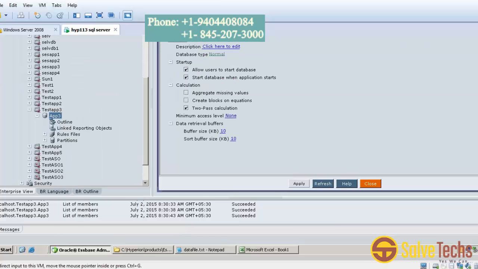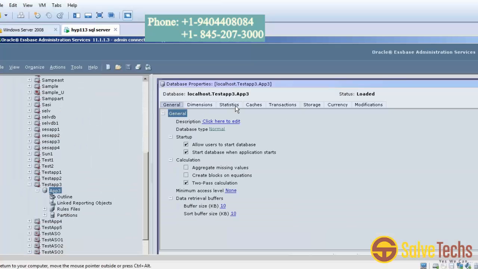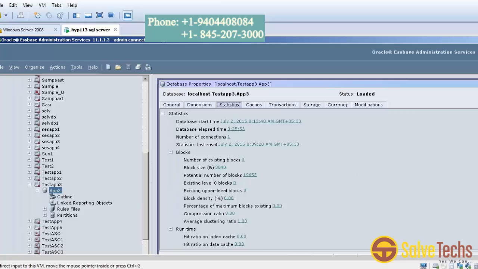The number of existing blocks is 0. Why? Because data was cleared. In the same way,